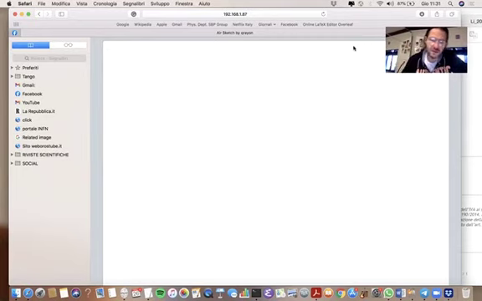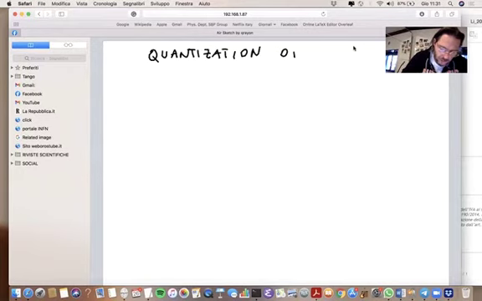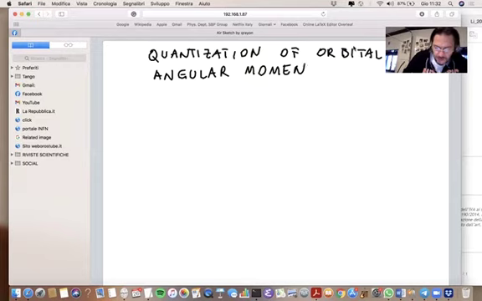Today, we do some preparatory work. And in particular, today we discuss quantization of orbital angular momentum. Okay, so quantization of orbital angular momentum,